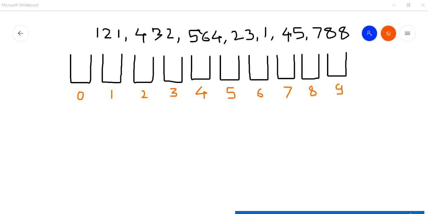In case of bubble sort, selection sort as well as insertion sort, this is the theoretical conclusion or theoretical time complexity representation, that all three sorting algorithms require order of n square time complexity. But practically it is observed, and by using a graphical representation also you can see, that the time complexity of insertion sort is less as compared to selection sort and bubble sort. So insertion sort is a much better choice as compared to selection sort and bubble sort.